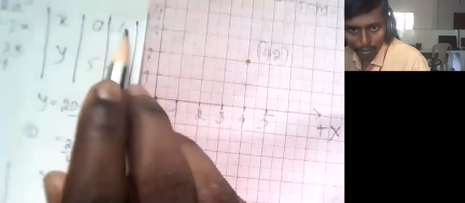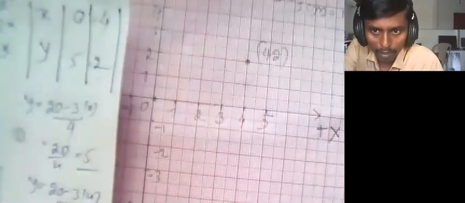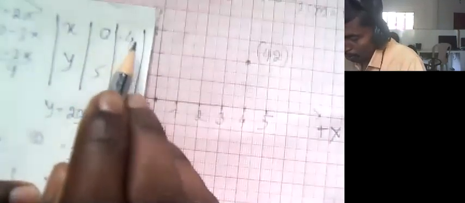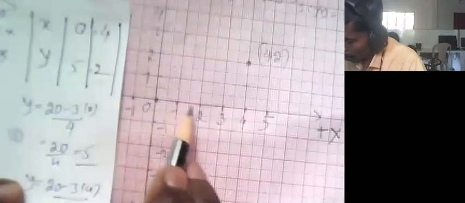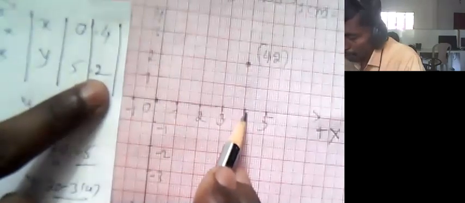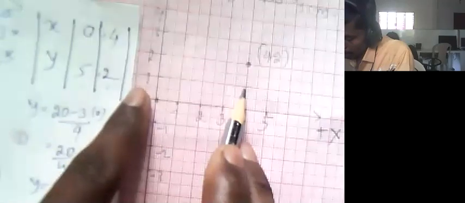Again I want to repeat. Here you want to mark this point, x is equal to 4, y is equal to 2. x is equal to 4 means from the origin 1, 2, 3, 4. This is the x value. At the same time the y value is 2, therefore plus 2 means we are going towards the plus y-axis: 1, 2. Therefore this is the point, and draw the straight line like this.